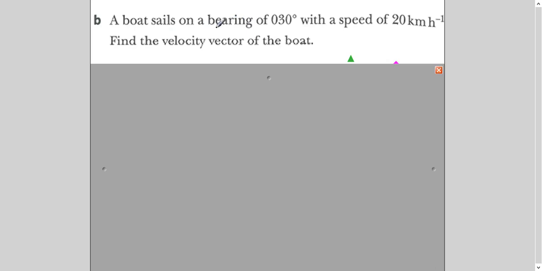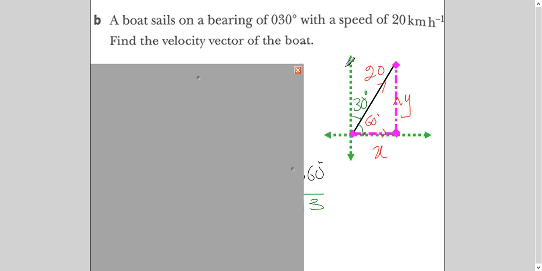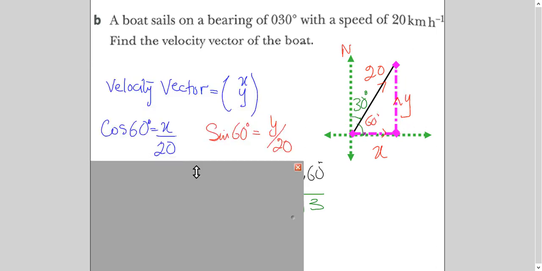Now this question is given in terms of bearing. The speed is given to you. Again, you have to find out the velocity vector. Now you know bearing is always measured from north, right? So this is 30 degrees. It means if I break up this black velocity, this speed vector, into components, it will be either I use 30 or I use 60. If I use 30, I need to use this diagram, but I'm using this pink one. So I will use 60 here.